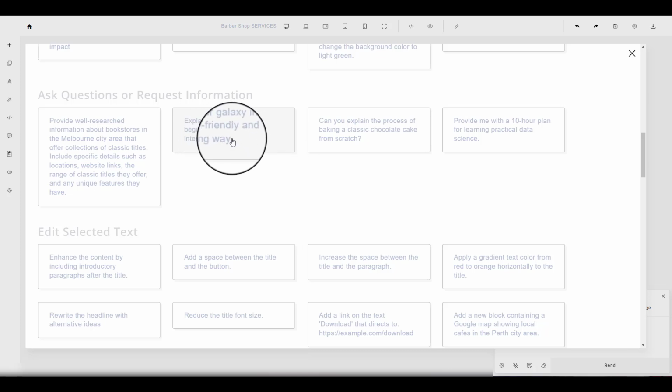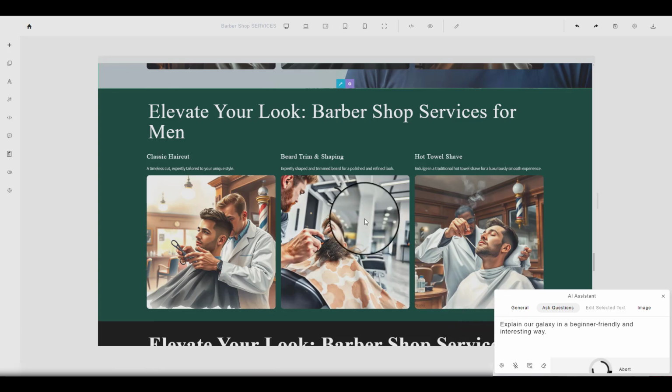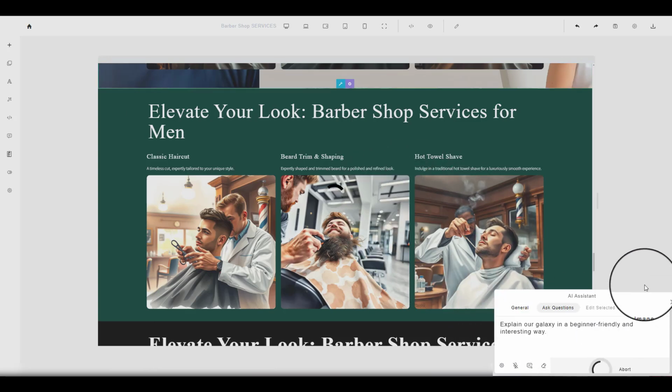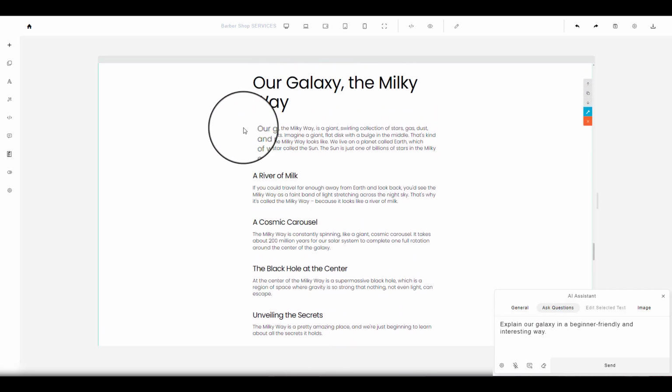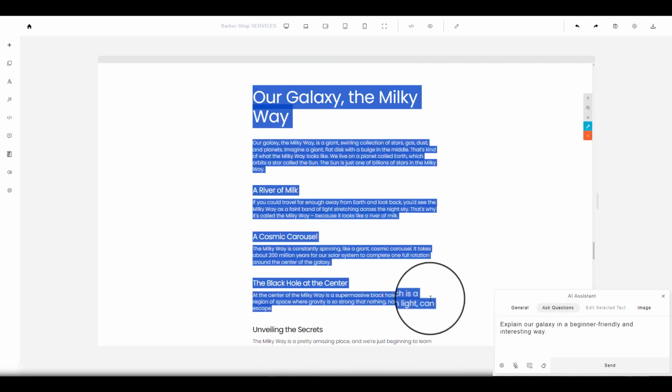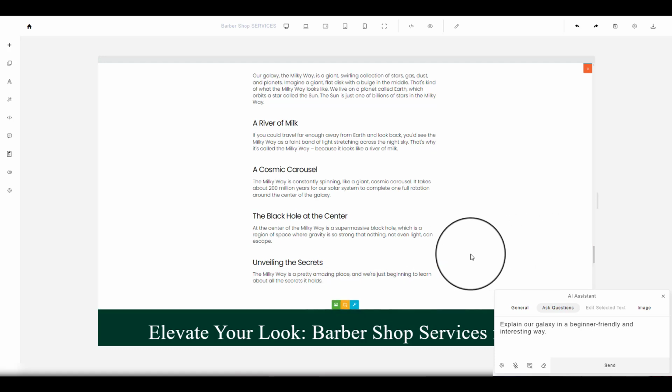Explain our galaxy in a beginner-friendly way, just to give you an example. Okay, let's go ahead and send. It'll actually start creating you an article or breakdown on how the galaxy was created, so you can see like so. Okay, so imagine you can never get stuck ever on copywriting or creating bullet points or any social